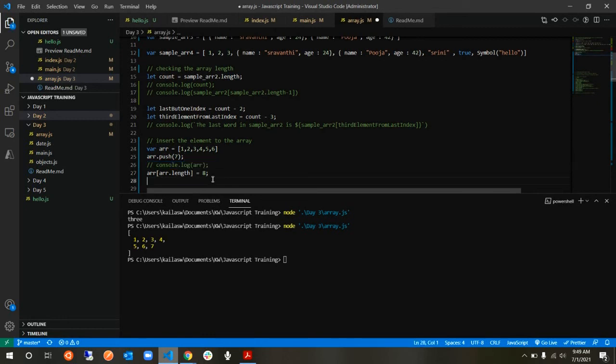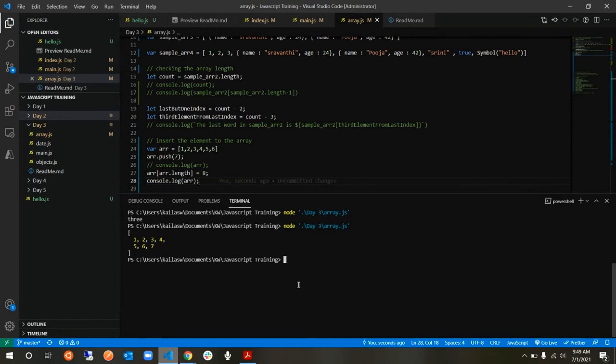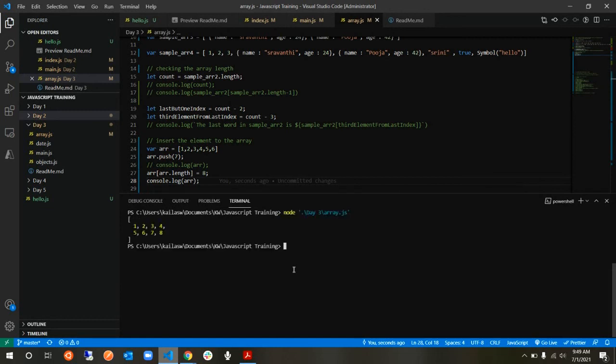So what I am doing is adding at array dot length instead of array dot length minus 1, because that will give me the last element, right? So I'm just saying array dot length and adding a new value. You can either use the push operation or do it like this. This is nothing but indexing, right? You take the index and then add the value.